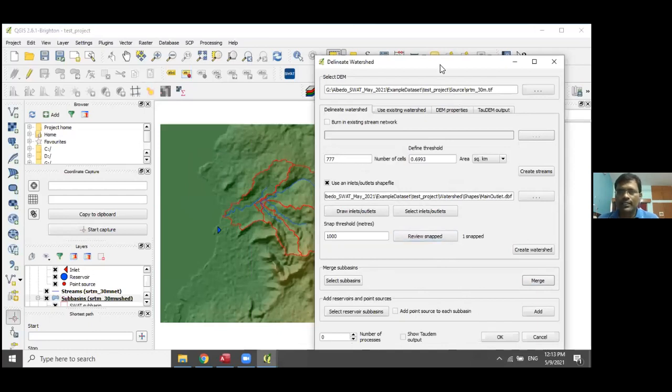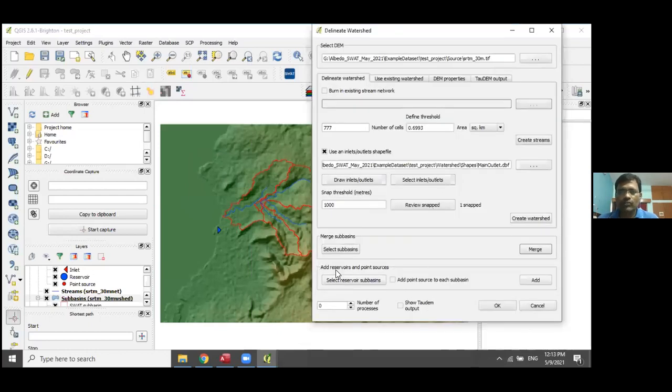Then suppose in your watersheds you have some reservoirs or ponds, or any artificial water harvesting structures, you can add those shape files here. But remember, you also have to have all the storage dimensions of those particular structures: how much is the inflow, how much is the outflow.